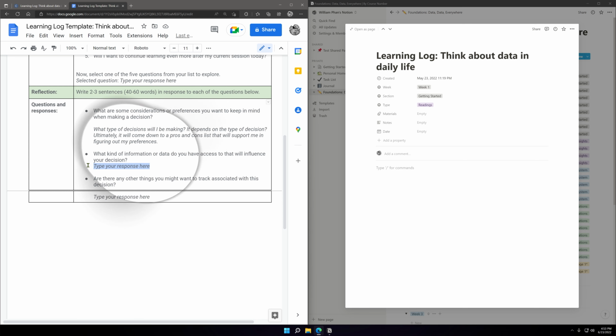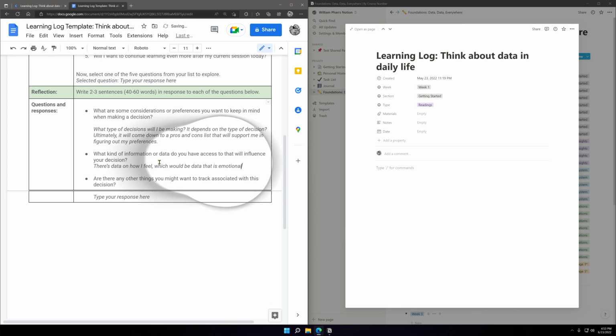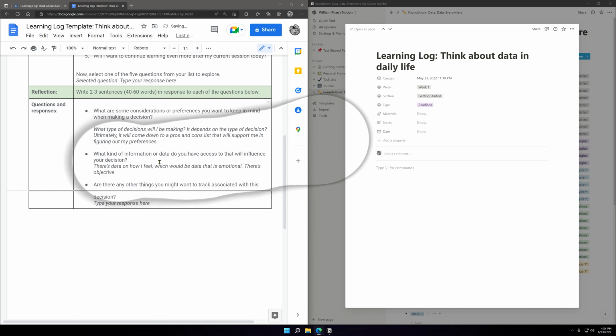So, there's data on how I feel, which would be data that is emotional. There's objective data.